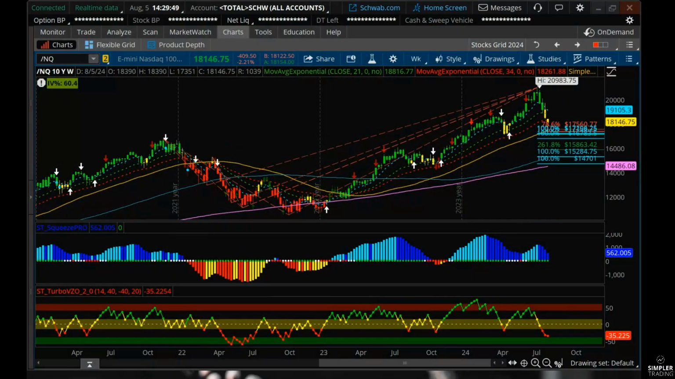Hey, this is Danielle, and today I'm going to talk about the Nasdaq in addition to specific pullback levels in Microsoft. Looking at the Nasdaq, we've had a pretty swift pullback here. If you go back and compare this current pullback to the actual